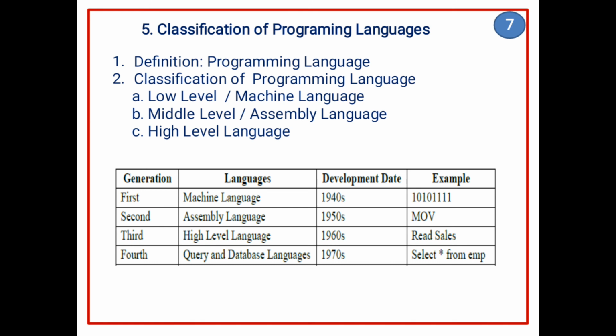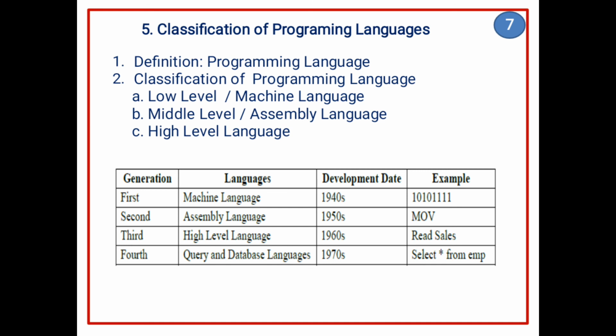And the third language is the high level language. High level language can be easily understood by the users. It is very similar to human language and has a set of grammar rules that are used to make instructions more easily. Every high level language has a set of predefined words known as keywords and a set of rules known as syntax.